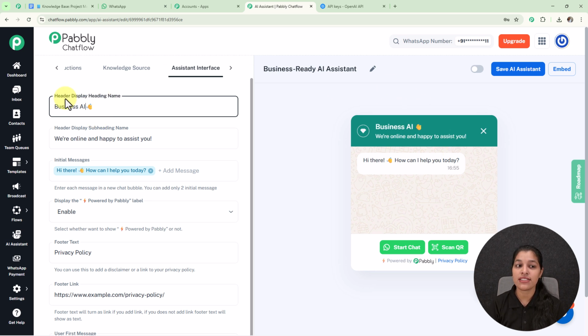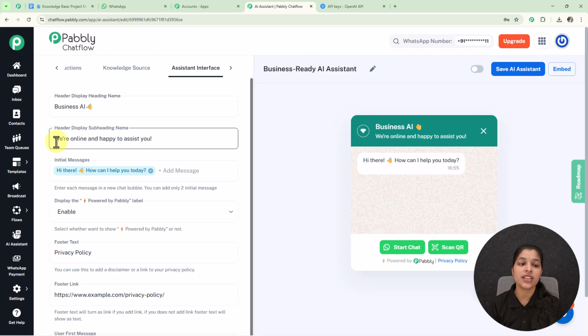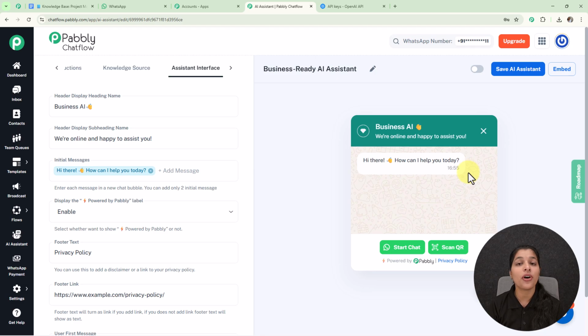So here you can enter the header display heading name, which will be displayed as a heading name of your AI assistant, and afterwards we are getting this option for header display subheading name. And here we are already getting a subheading name, that is we are online and happy to assist you. And this subheading name can also be seen on the preview of your AI assistant, and you can modify it